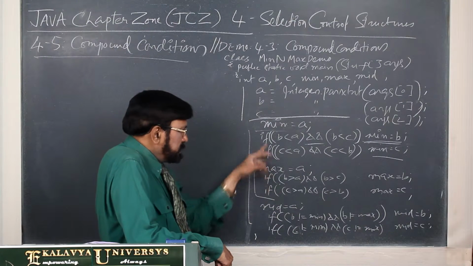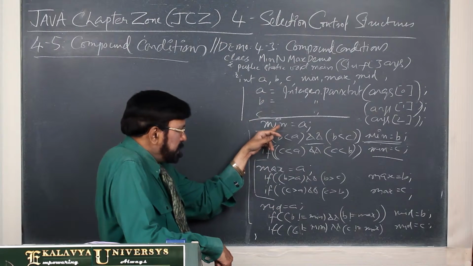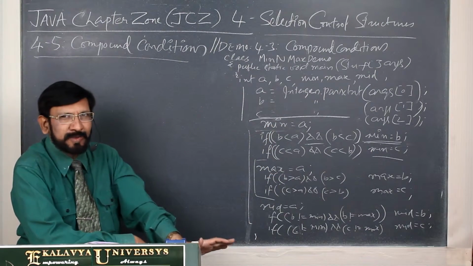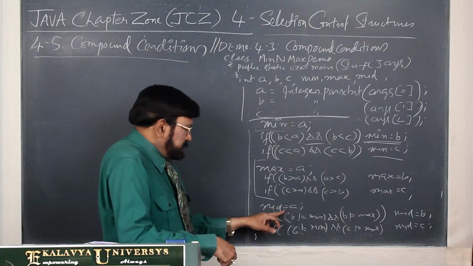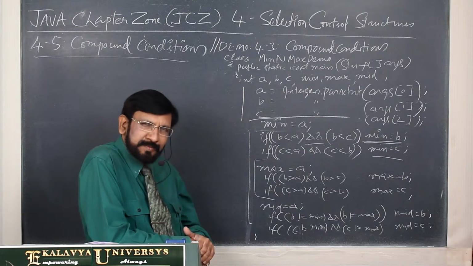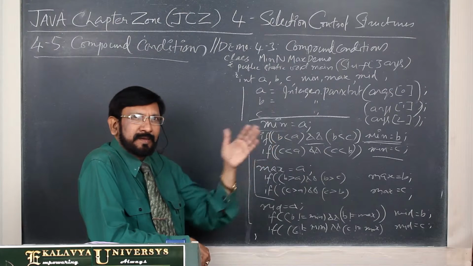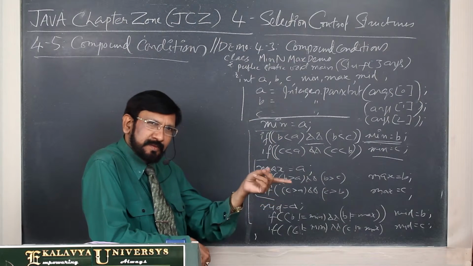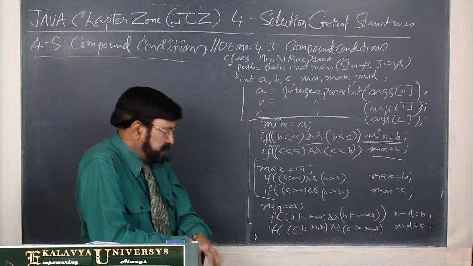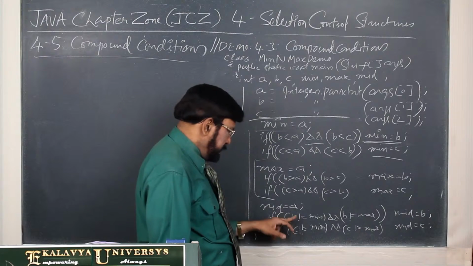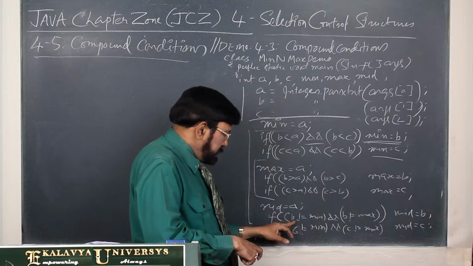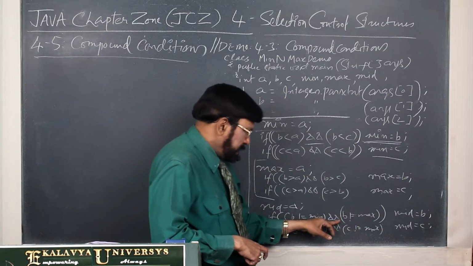Okay, then we have decided how we are evaluating which is minimum and which is maximum. Then for mid, you have to think differently. Assume that A is mid. When B is mid, you have to think differently. When B is neither min nor max, then B is mid. Now we see how you define that. B is not equal to min, already we have defined, and B is neither min nor max.